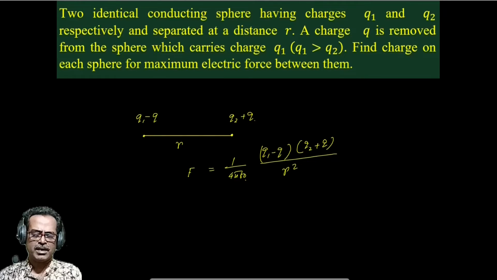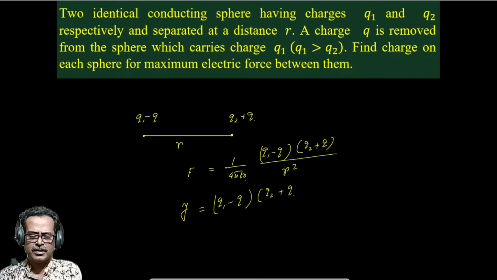So we will get the maximum force when the product of these two is maximum. So let y be equal to (q1 minus q) into (q2 plus q). That is equal to